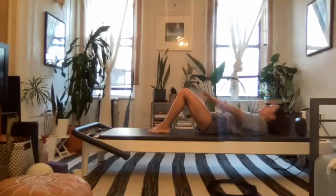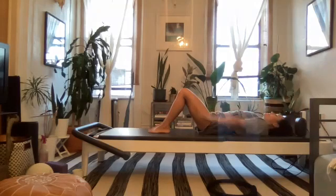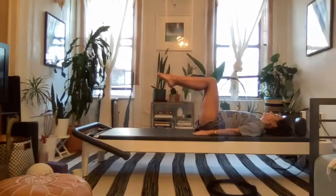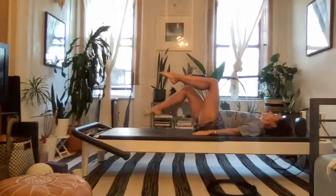And last one, lower all the way back down, reach your arms back, take a long stretch, and then plant your hands by your sides. Draw the abs in, keep the pelvis in neutral as you bring your legs one at a time to tabletop. Let the knees hover over the pelvis, ankles in line with the knees,